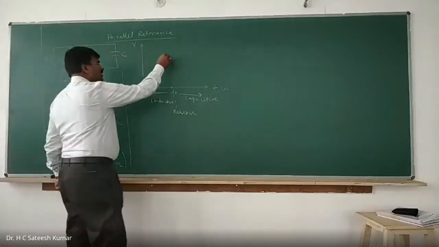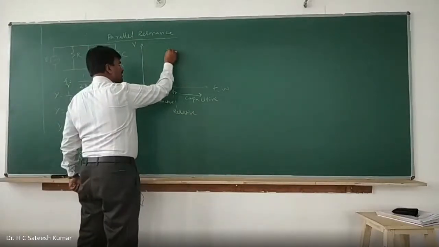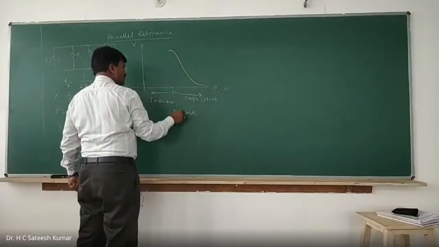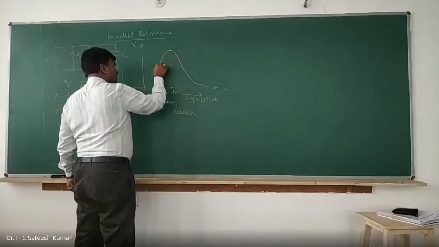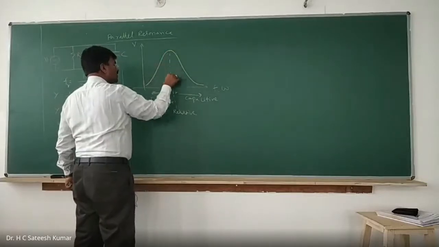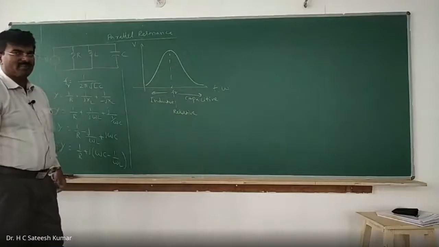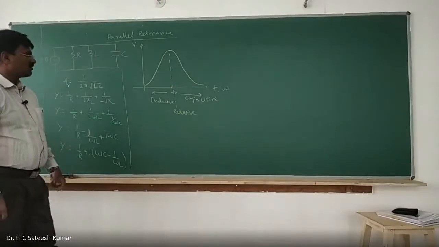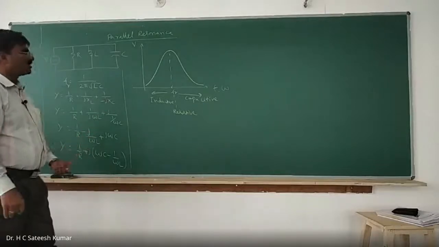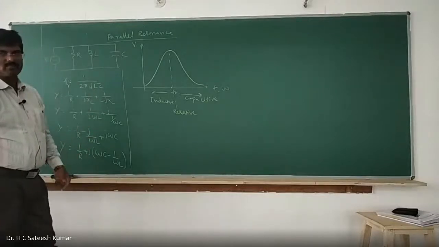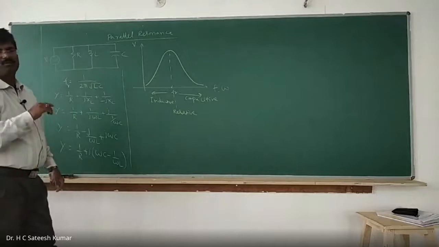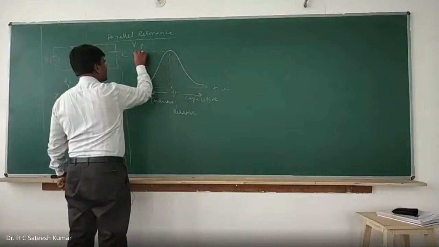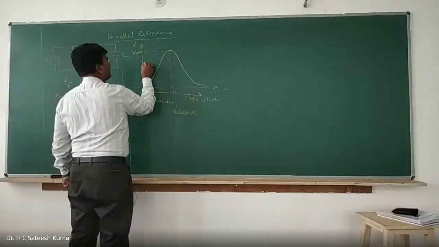If the impedance is maximum, the voltage will be maximum at that point. So the voltage is maximum. In series resonance, we say that current is maximum. Here the voltage is maximum, which means the resistance is also maximum here. When the resistance is maximum, the voltage will be maximum and the current will be minimum, so it is the other way around. There we call it Vmax, or Vm.